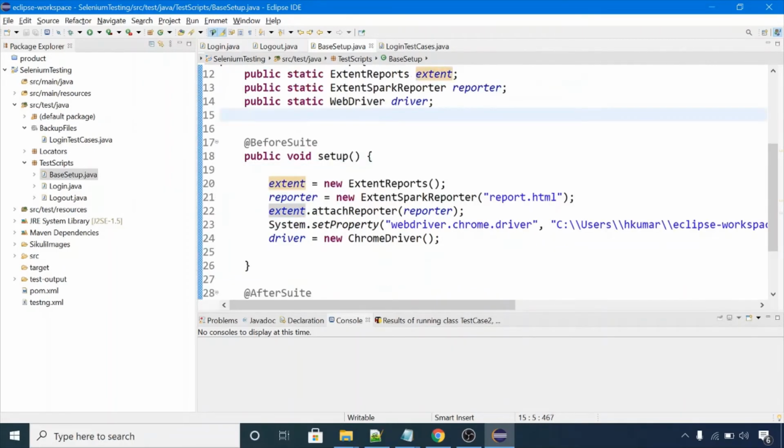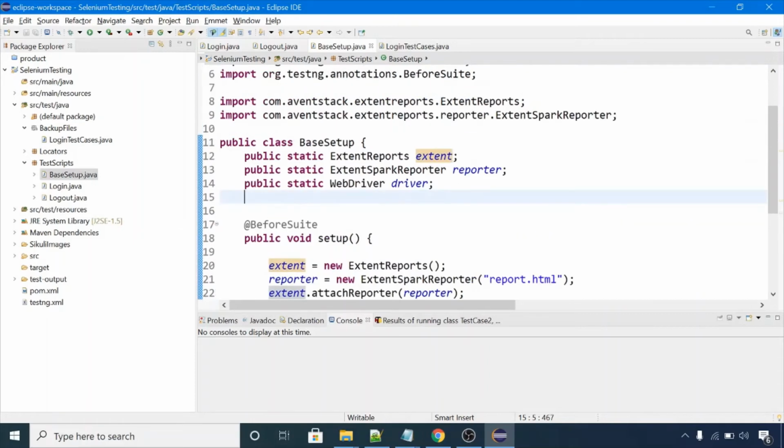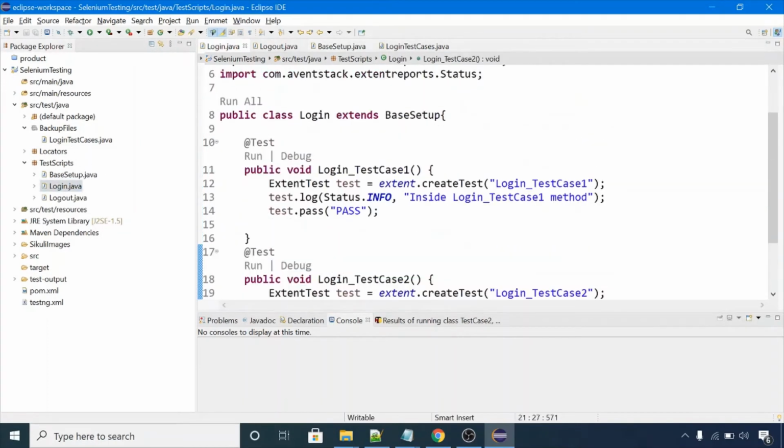And in the before suite, because before suite is executed only once in your complete execution, you can initialize these extent and reporter things. Once you extend this setup class in your test script class, then you can use this extent object here. Now we are extending this setup class in our test case class.